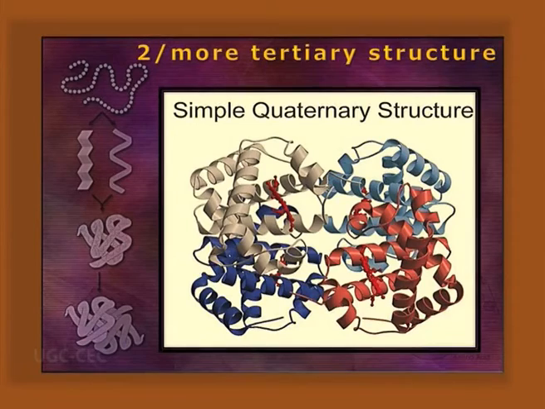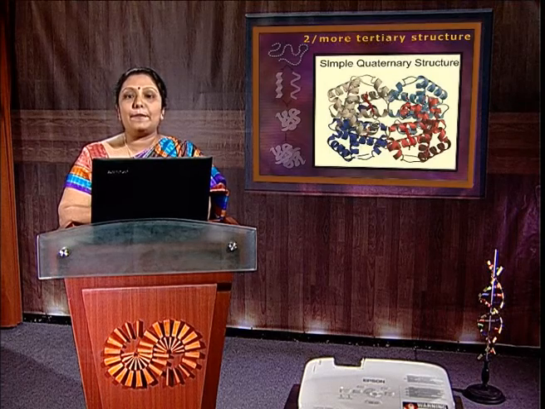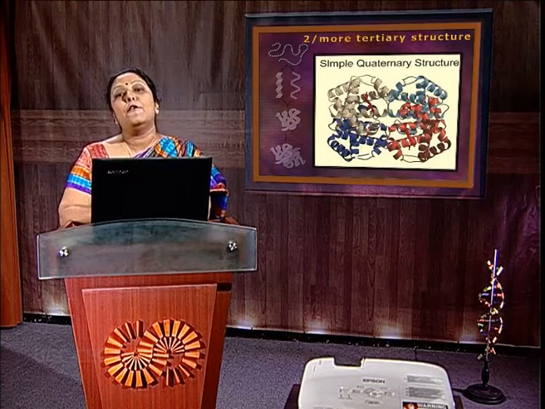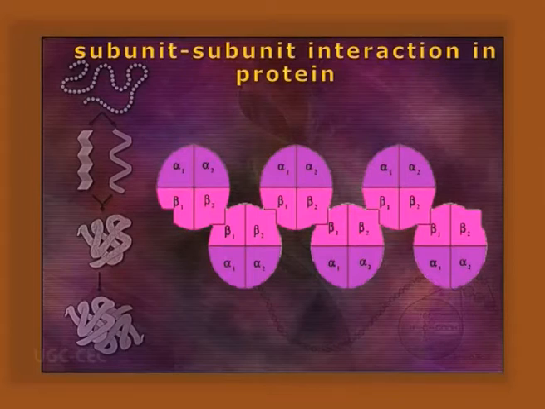Quaternary structure. It is the fourth level of organization of protein. This can be present in some proteins and cannot be present in others, where the tertiary structure is the optimum. Two or more tertiary structures can be present and combined for the function as well. Here we can find subunit interactions. They may be the same subunit or different subunits.